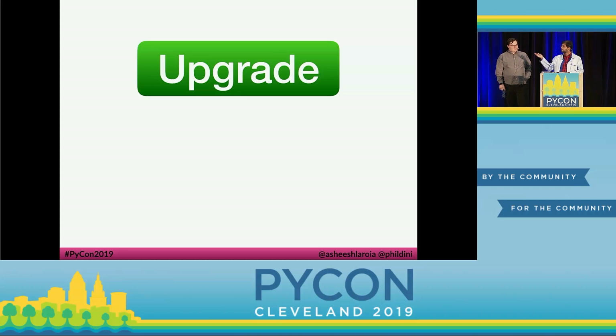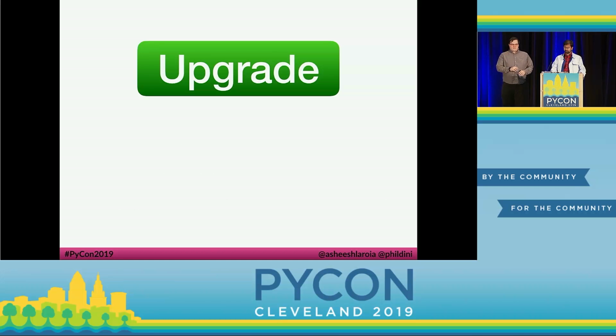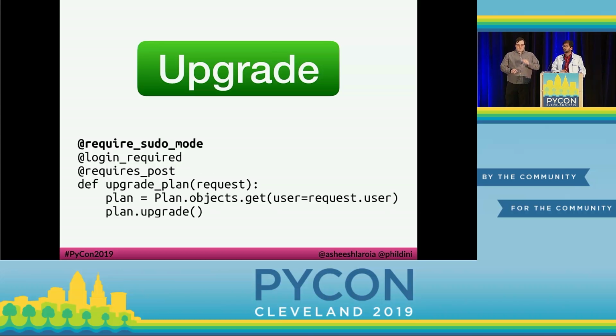You've got this giant account upgrade button. You might want to let the user click it to get an upgraded account of some kind. And maybe it requires login. So here's the Django view code for that. Now, this might be a thing you don't want to let them do unless they've logged in recently. And so I'll enhance this code in a pseudocode kind of way to add a sudo mode check.